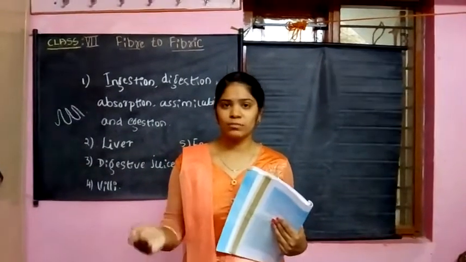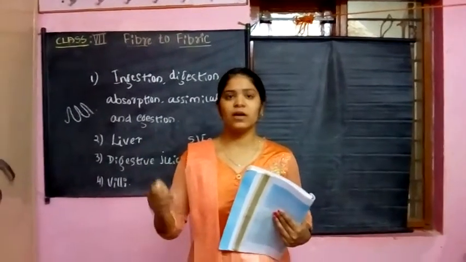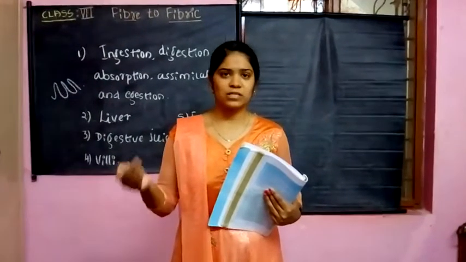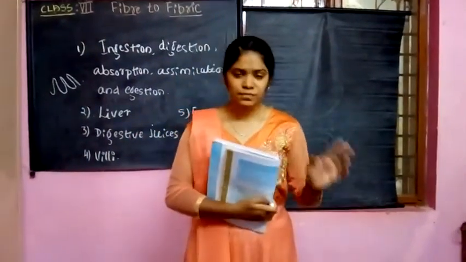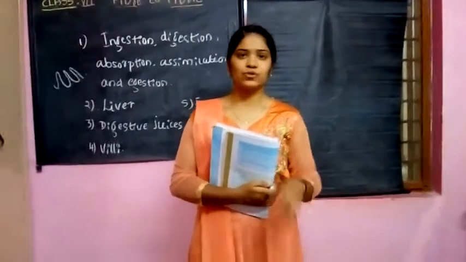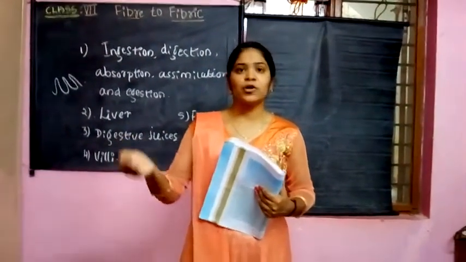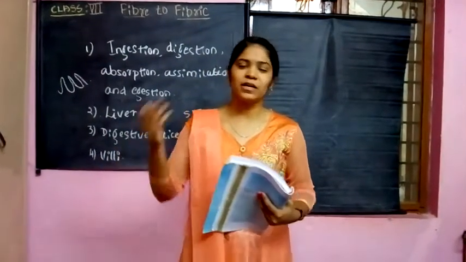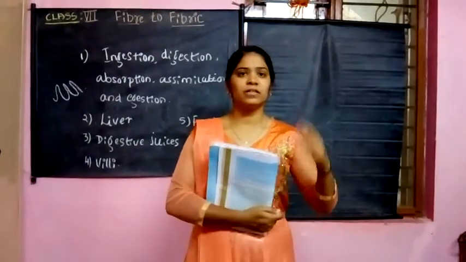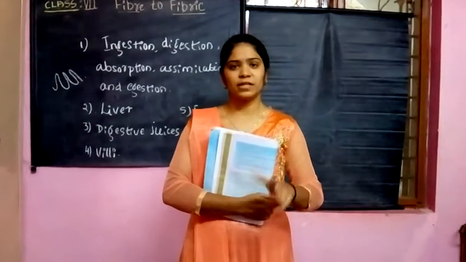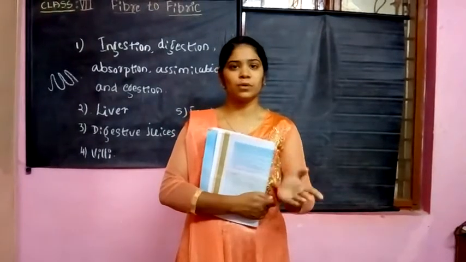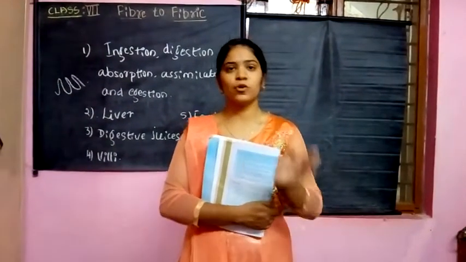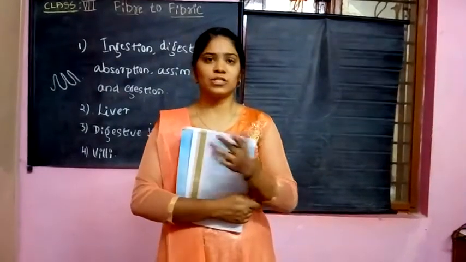In the case of human beings, digestive juices and certain bacteria and enzymes are produced during digestion. But in the case of an amoeba, there is no secretion of such enzymes or digestive juices. The digestion in human beings takes place in the stomach, small intestine and large intestine. But in the amoeba, the food material is digested in a food vacuole. These are the differences between the human beings and the amoeba digestive system.